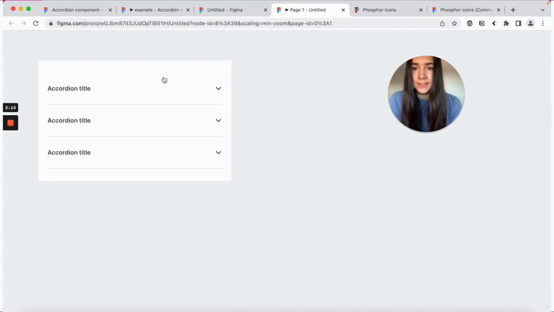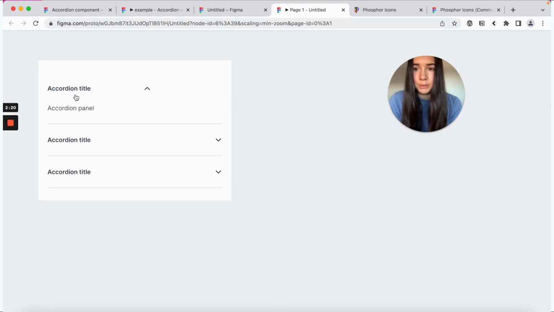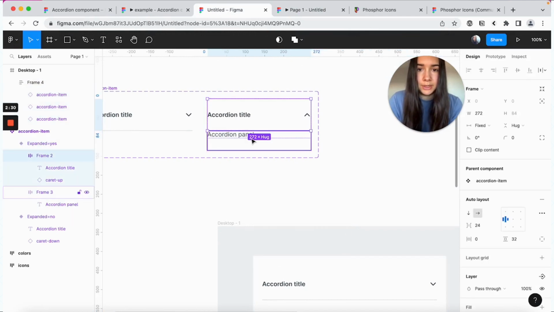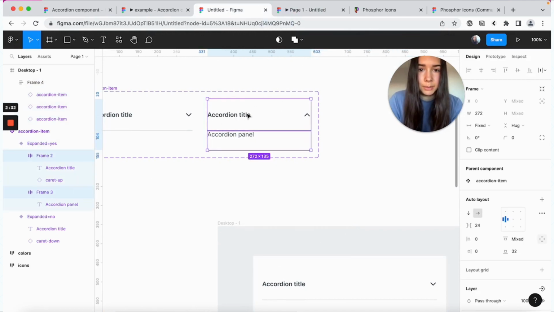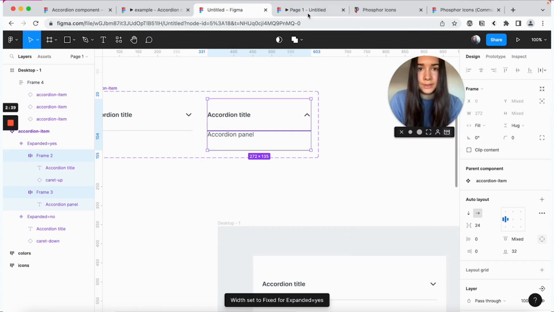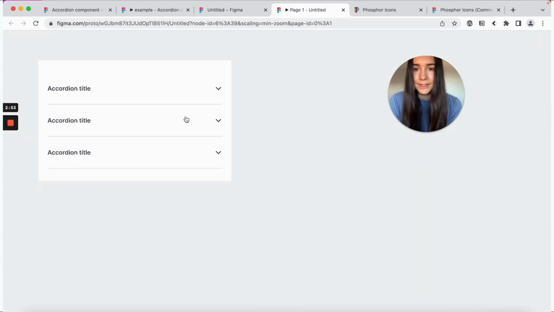And now as you can see, even though the collapse state is resized properly, when we change it to expand, you can see that it didn't resize as expected. So the way to fix it is we'll return to the component and again select both of these, the button and the panel, the separate layers, and we'll also set them to fill the container. And so now it works as expected for both states.